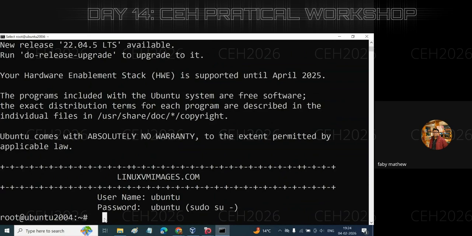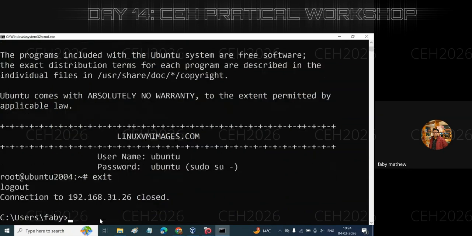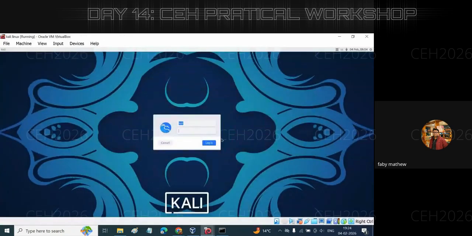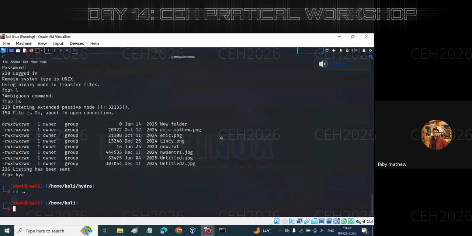So like this, we can modify our configurations over the SSH server by configuring our configuration files. Okay, so I am able to remotely access my SSH via the root user. Now, if I have configured my SSH and the SSH is providing remote login to each and every client machine,